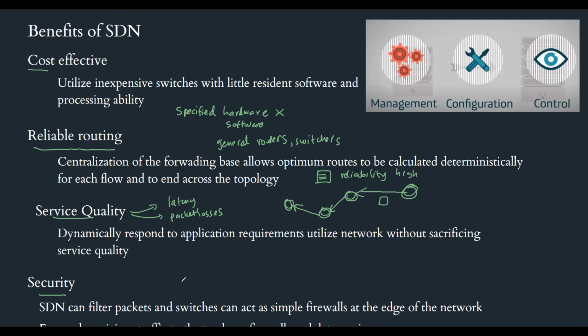And security of the system can also be enhanced. So as we discussed earlier, we actually